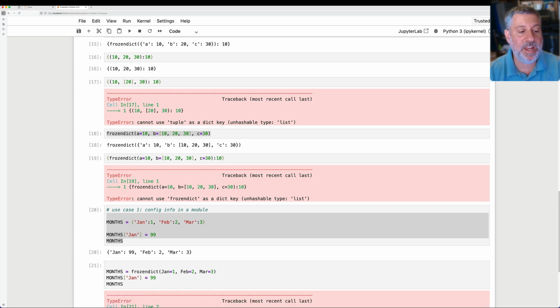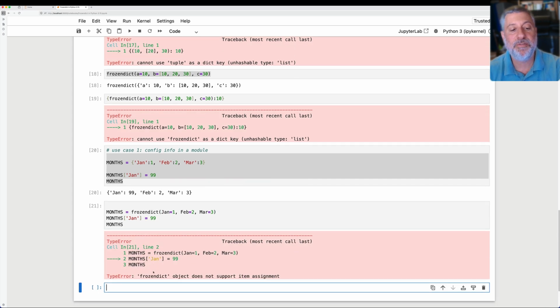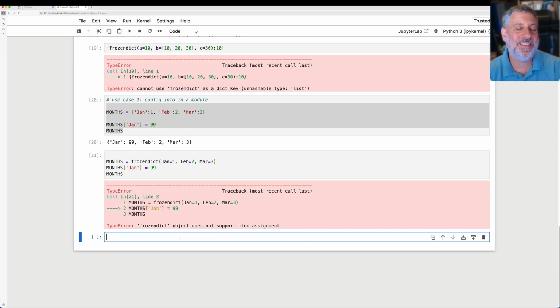And then if I try to change it, you'll see that I get that error: frozendict does not support item assignment. So it allows you to create dictionaries that are configurations that no one can change. It's just impossible to do that. Along similar lines, you might want to consider use case 2: